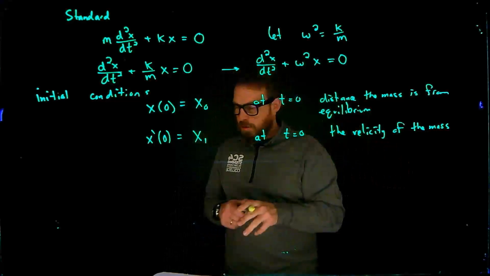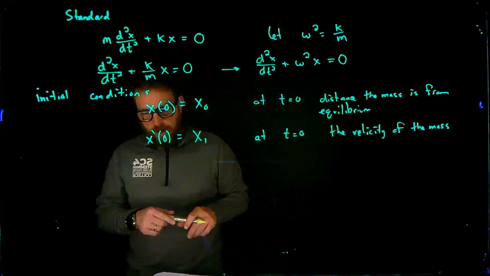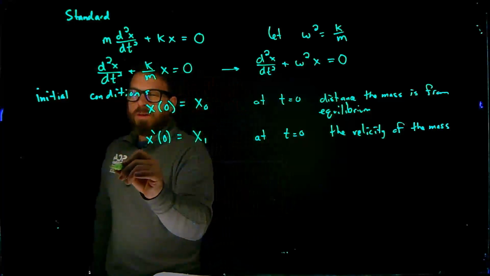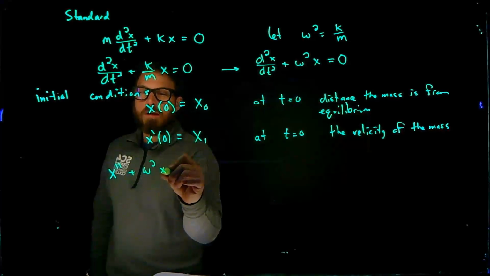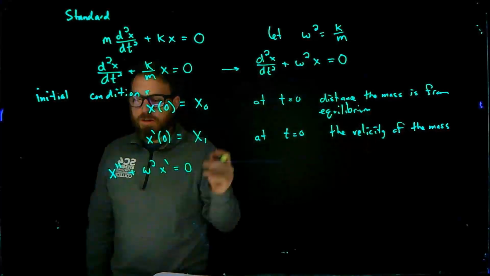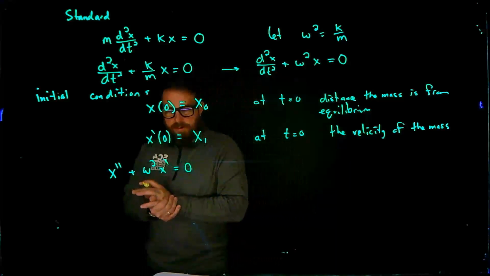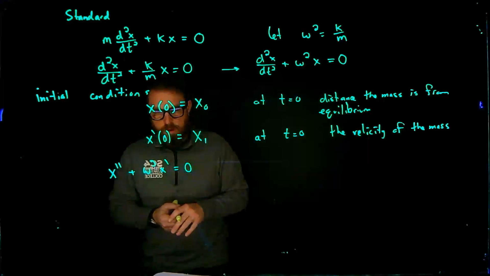You know, at t equals. So it's kind of your choice on how you want to write this. Other ways you can write this is the second derivative of x plus omega squared times x is equal to 0, and we can solve it that way as well. And if we have this, what happens is, if I want to solve this differential equation, what we know is